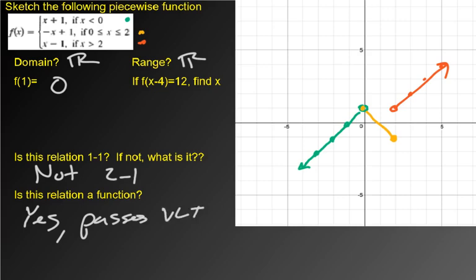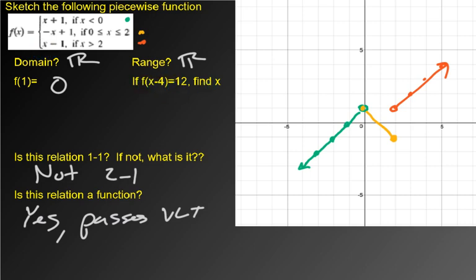Okay. So this last question is kind of tricky. It's saying if f of x minus 4 is 12, find x. So the output is 12 is basically what gives it away to me. The only way I get 12 is if I'm up here on the red part, because it's the only place I get positive numbers, and the shift is just to the right 4. So you can imagine that you also need to think of those together. But if you move this over to the right 4, the only way you're going to get 12 is with that piece. So then I look at this piece, which is x minus 1,